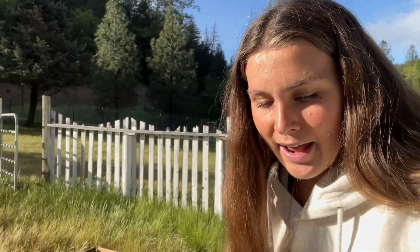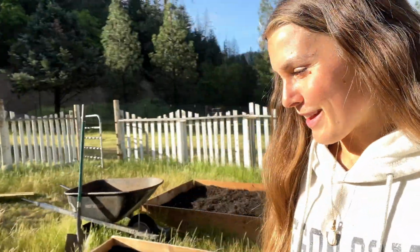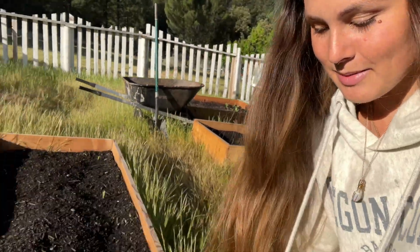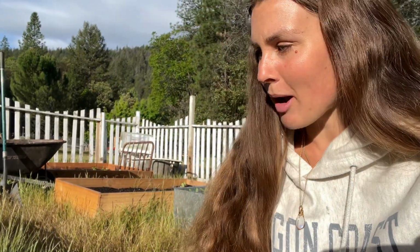This box is really fun. I have some borage growing as well for the bees because we're getting some more bees, and this box is cucumbers, lemon cucumbers, and then the other boxes have a bunch of random stuff, and I'm super excited for them. But yeah, these are the new little seeds that just popped up. These are like little corn shoots popping up,